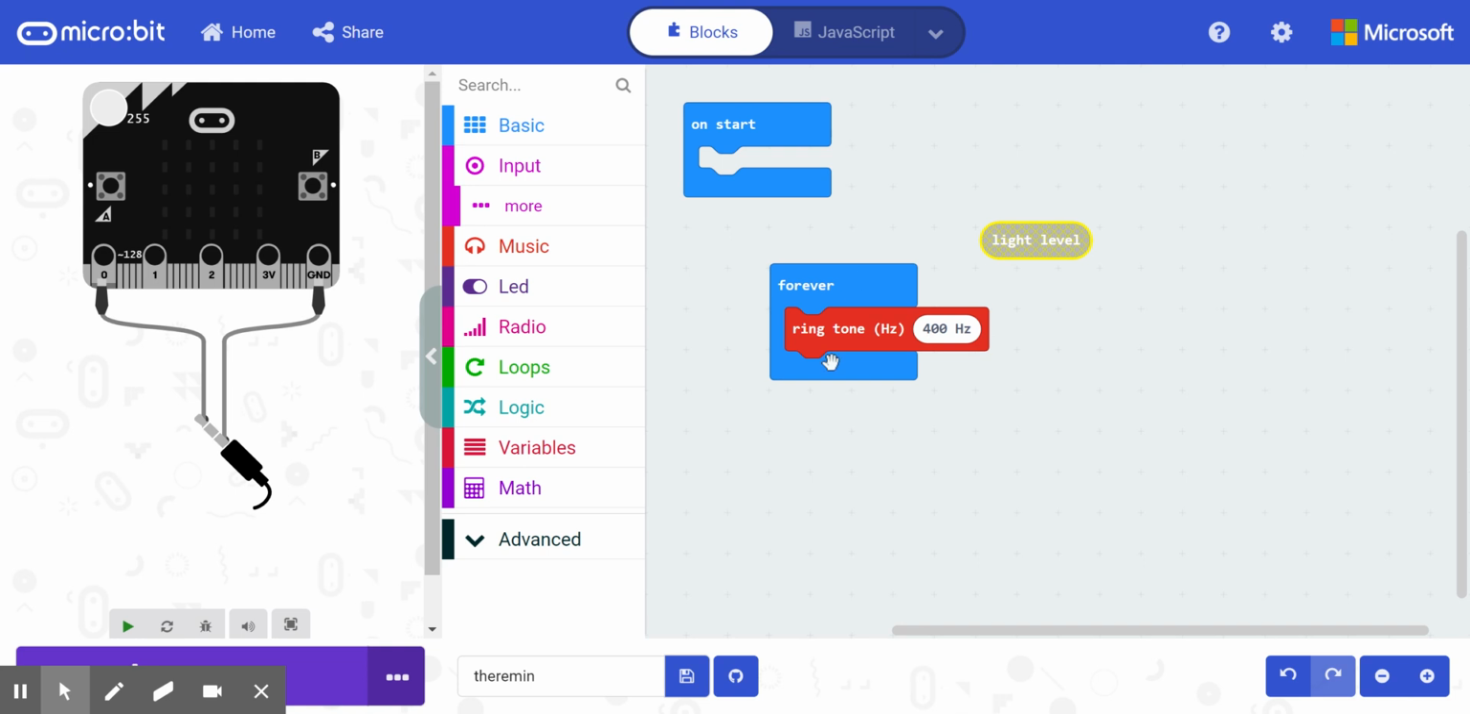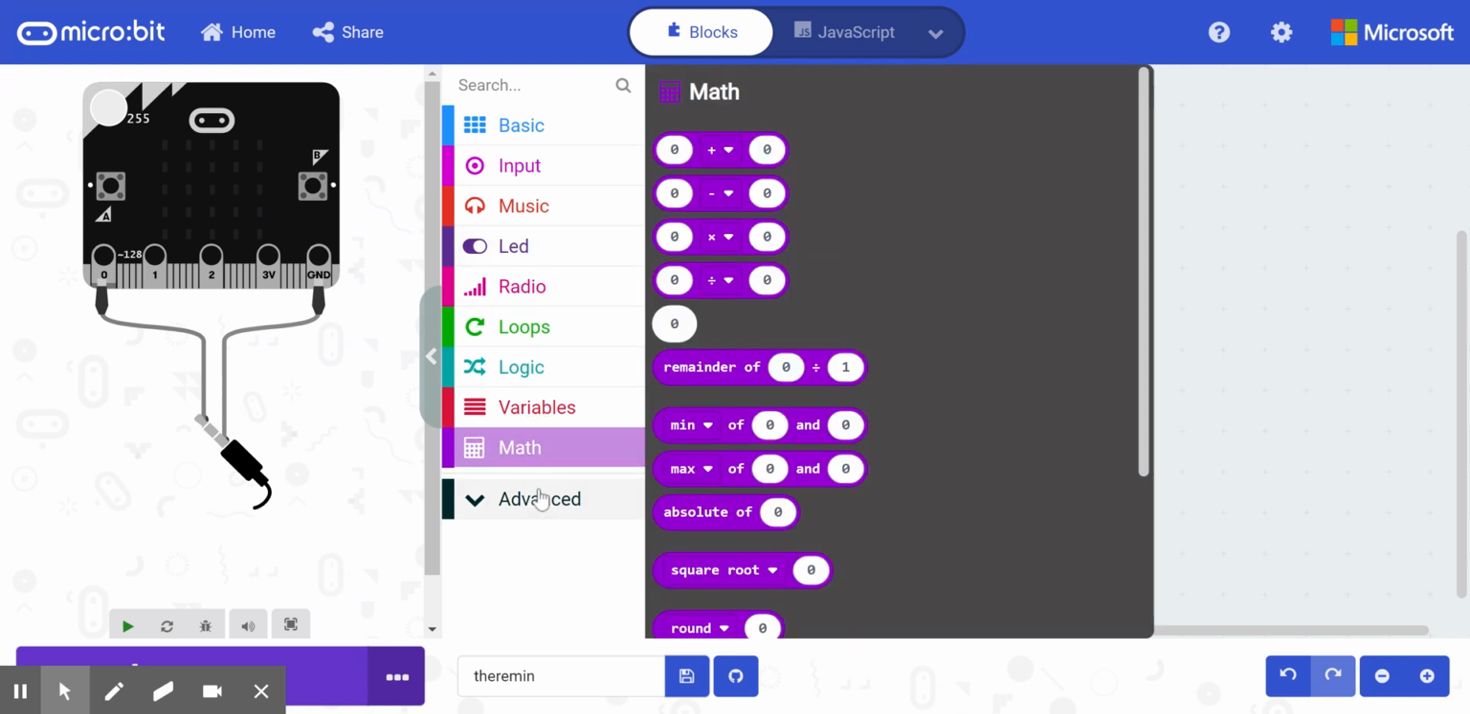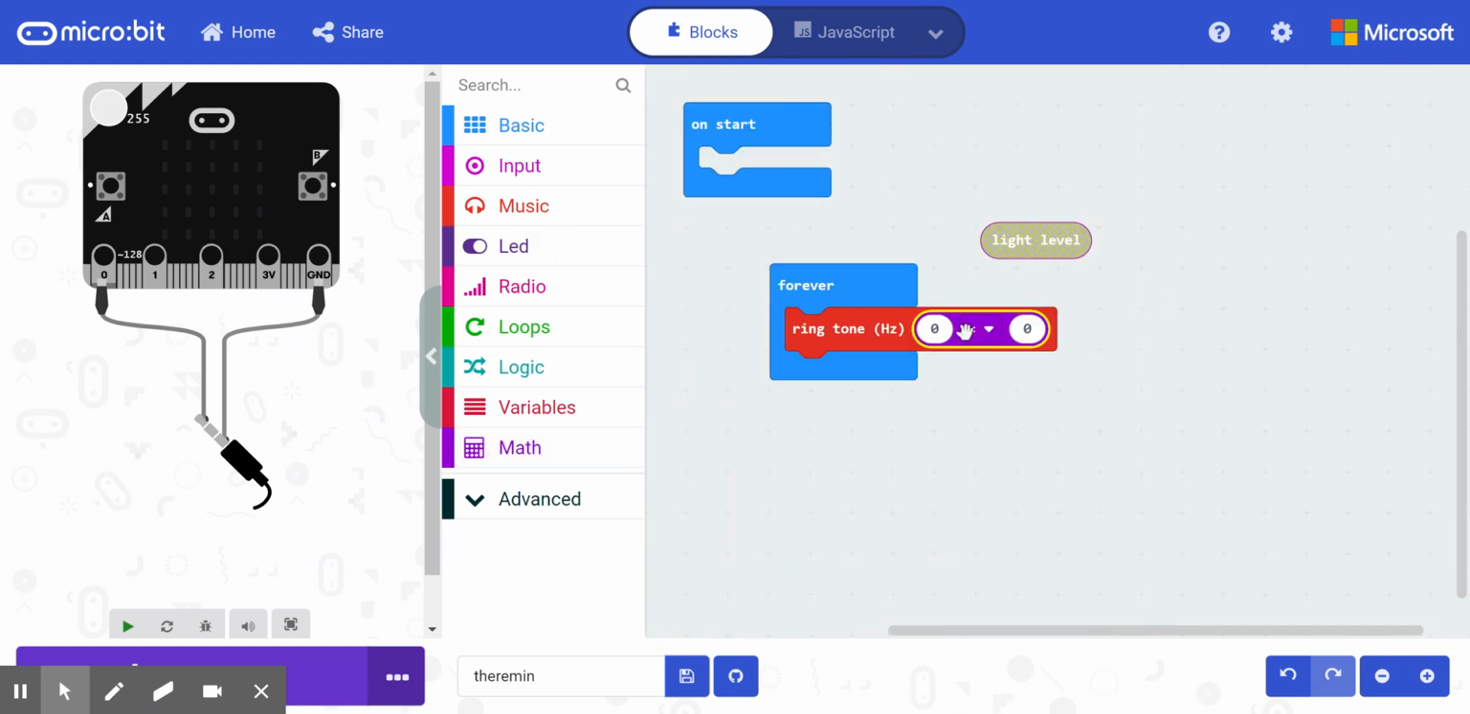So what I could do instead is I could go into the math, and I could pull up this multiplier, and I could say multiply light level by a higher number. So I can have like 3 times as high. So that'd be 255 times 3 times 4, and I get a much higher number. So now